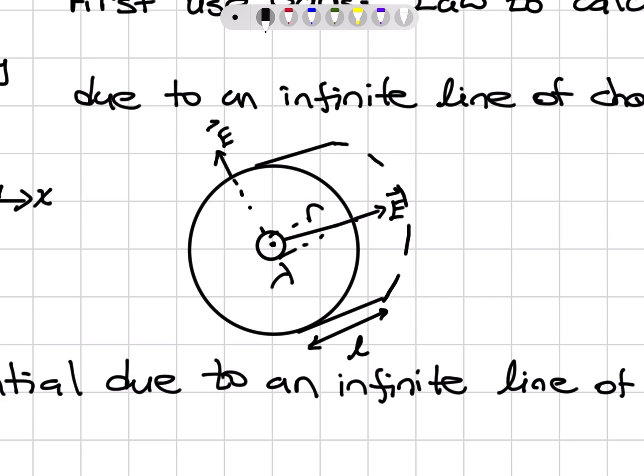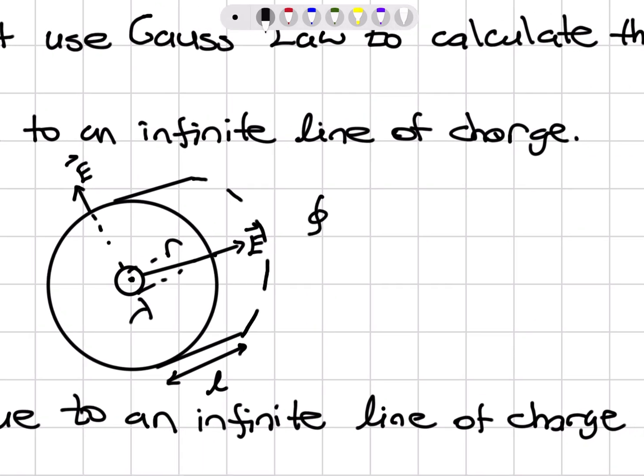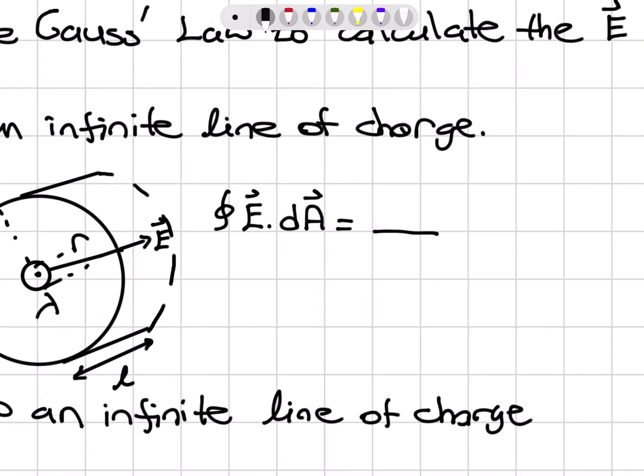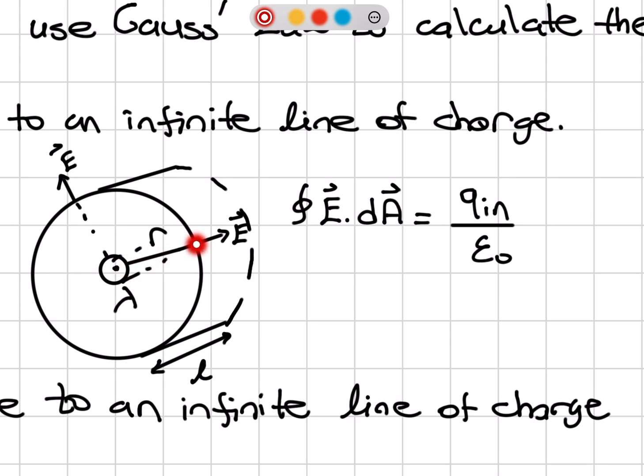If the cylinder has length L, we can write Gauss' law. The closed surface integral of E dot dA, the total electric flux, is equal to the charge enclosed divided by epsilon 0. Since the electric field is only a function of r, the radial distance from the center, and it's perpendicular to the surface, the surface area vector, which is the normal vector, will be parallel to the electric field lines, and we will have